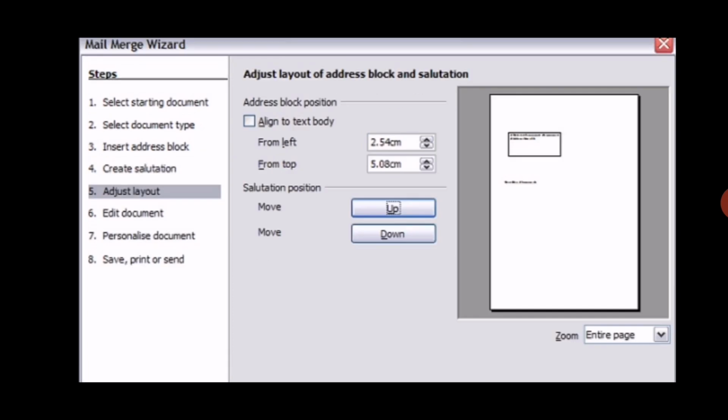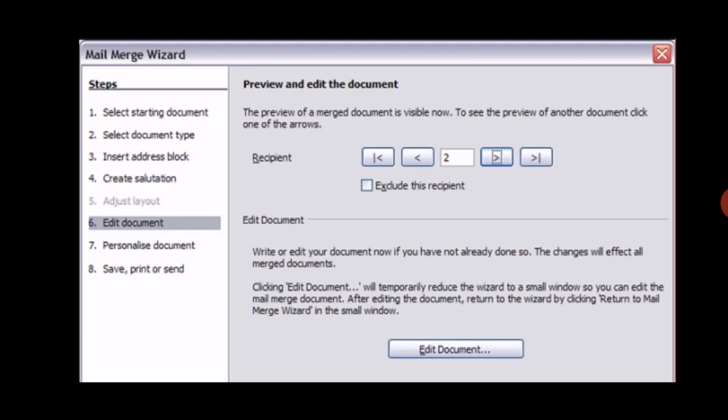Then the fifth option is Adjust Layout. In Adjust Layout, you have to check the position of your content, how much left space and top space you want to give. According to your requirement, you can adjust from here. Next, the sixth option is Edit Document. If you want any kind of editing, you can do it here.